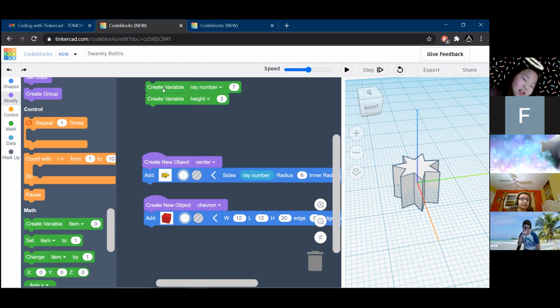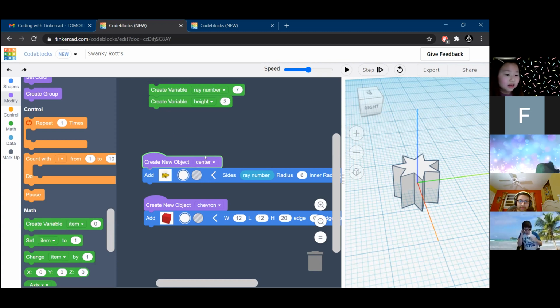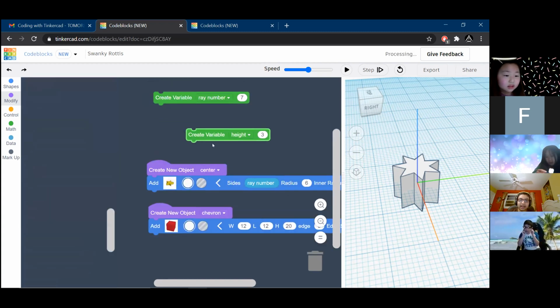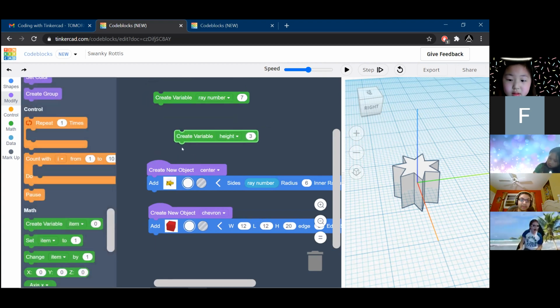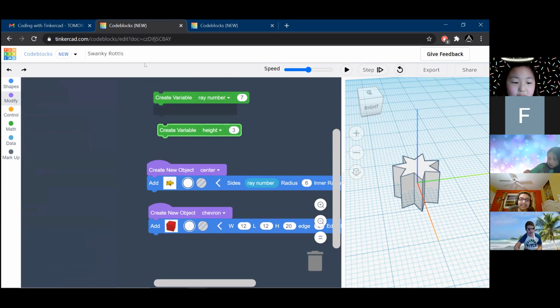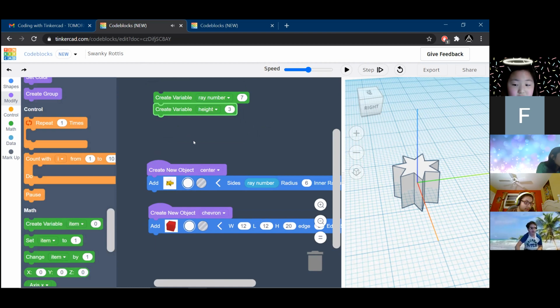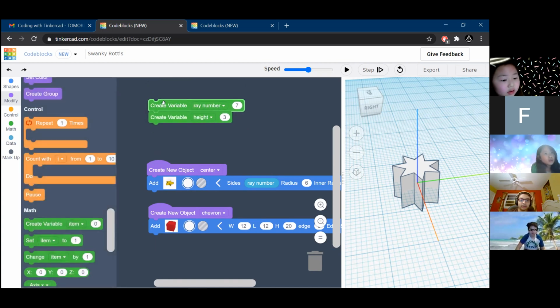So make sure that your array number is on top of your star, and so is your height. And then where do I put the height? You're going to take the height variable and stick it right underneath the array number. Remember how the puzzle pieces snap together? You're going to snap the height puzzle piece underneath the create variable one. And then both of them are going to be under the star? No, it's going to be on top of the star. Yeah. Like this. Okay.